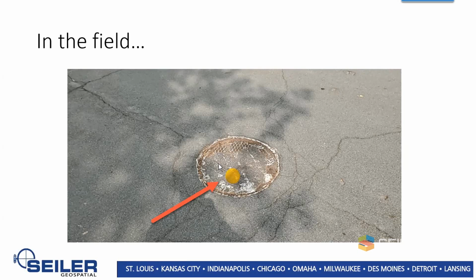What's interesting about this is I actually took this photo inside the SiteVision application itself. If there was something wrong here and this manhole was covered, I can take a photo and then send it. Say for instance, Mark is my supervisor on this project. I can send this photo to him along with a detailed SketchUp and say, hey, there's something wrong here, or here's where we need to